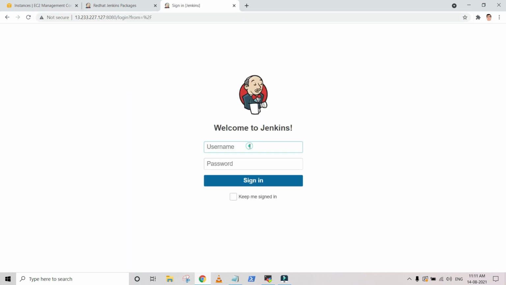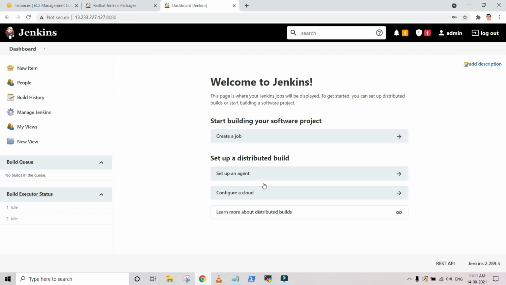So again, I am going with the admin user with my changed password, not the previous password, because I changed it. That's why it made me log out and log in. Okay, so you can see that I am in the Jenkins. So now the first thing is to